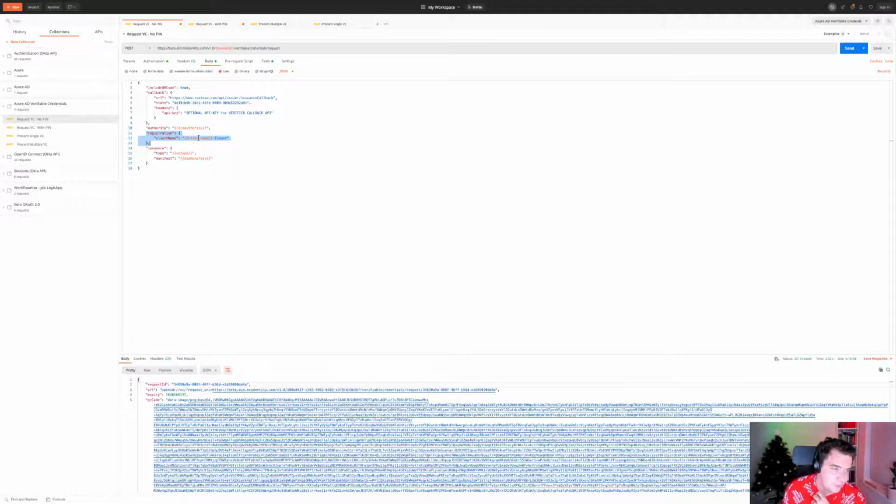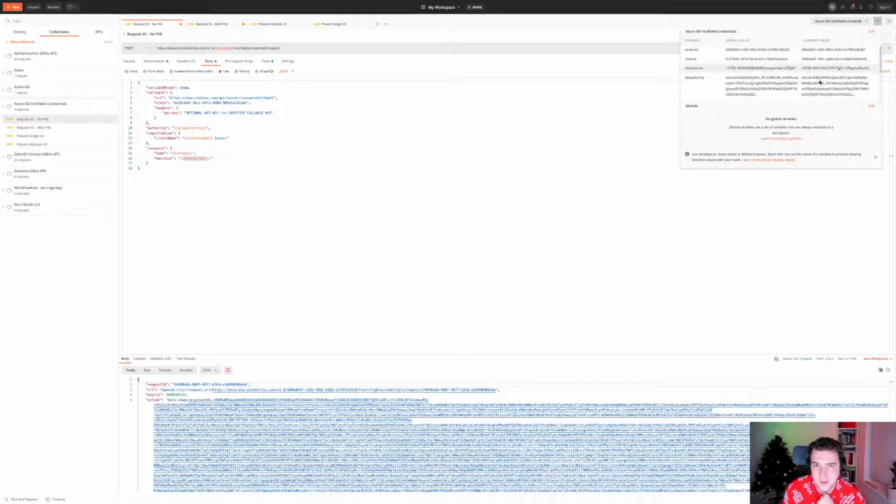You can see I'm providing some information about who I am and what I'm doing. So in this case, it'll be the client name issuer. And then I'm requesting some information about who I am. So I'm the verifiable credential type and the manifest. Now that's all provided via Postman environment variables. So you can see the DID authority here is this massive long DID detail.